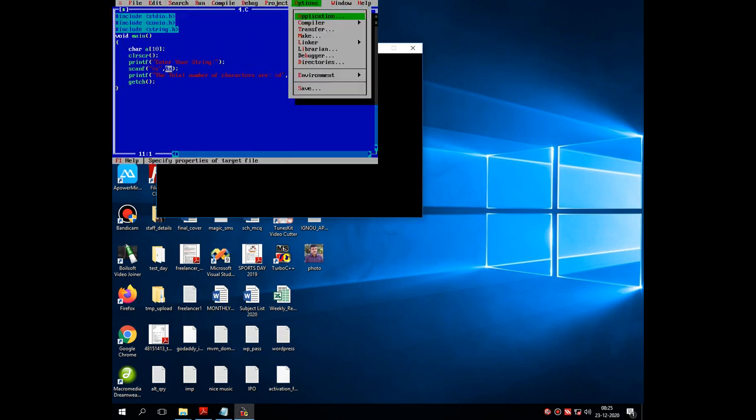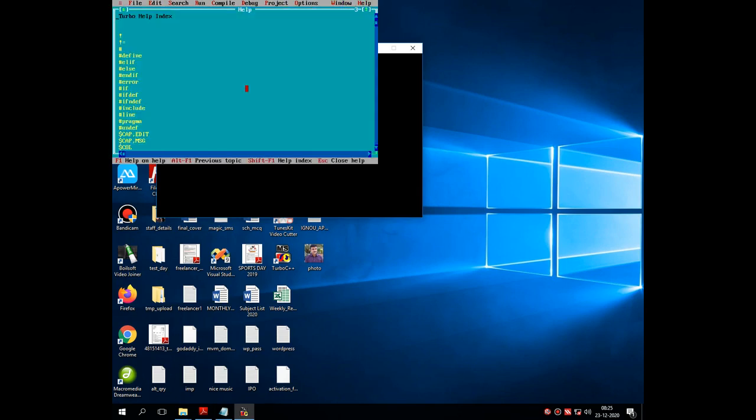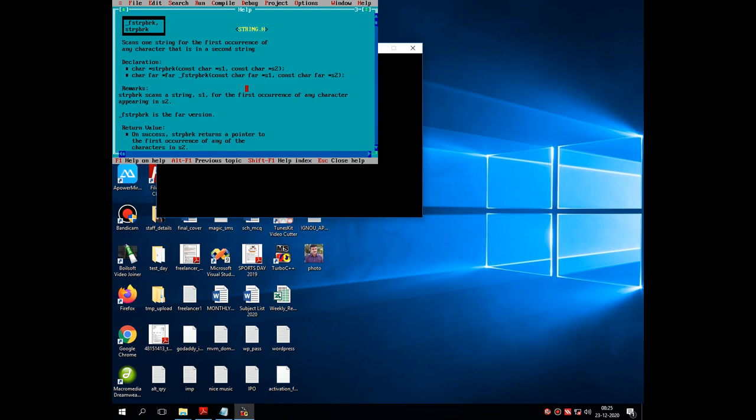The theory of strpbrk is like this: it scans the first string for the first occurrence of any character from the second string. Again I am repeating my words: it scans the first string to find the occurrence of any character from the second string. Now what does it mean?